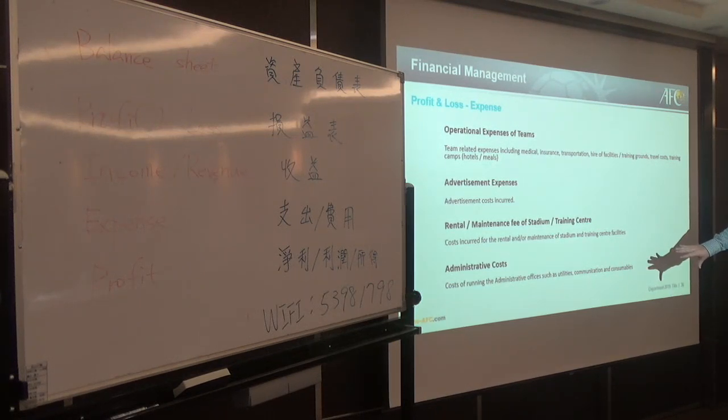And then the general administrative costs of the club, just to run the club offices, pay bills. 第二个是所有比较行政性质的费用，比如说你租这个办公室啊，然后你的水电费啊这些的，就是一般的行政性的支出，在最后面。